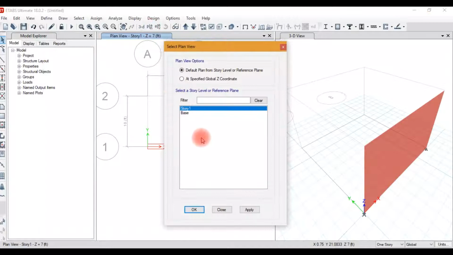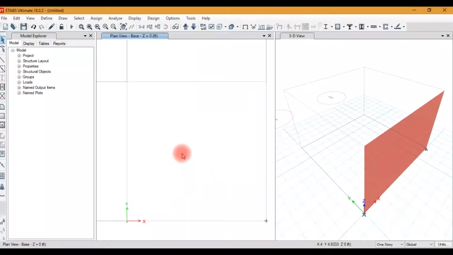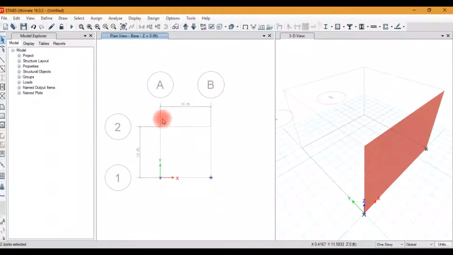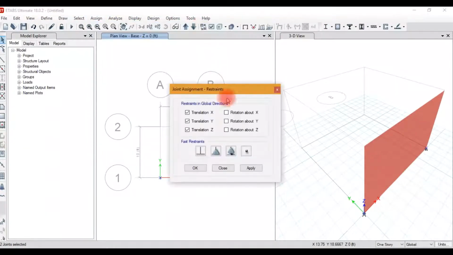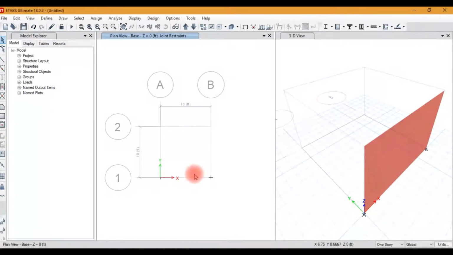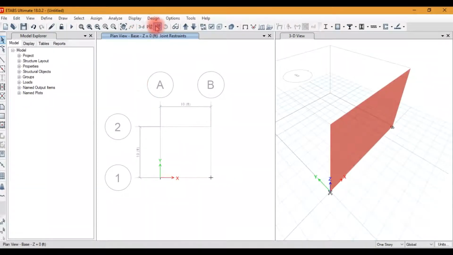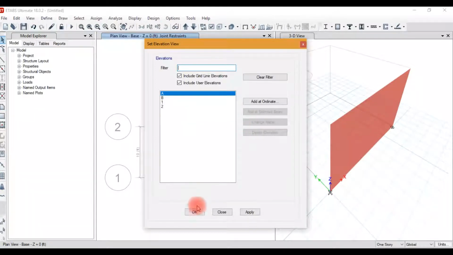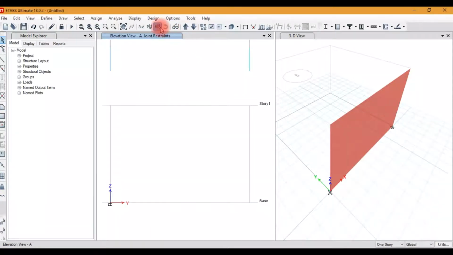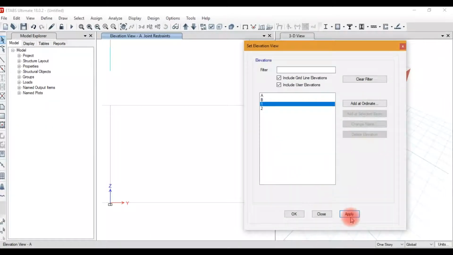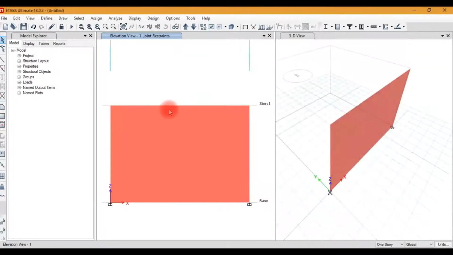So we use add a base, select both points, assign joint restraint, we choose the fixed, or you can manually choose. The support condition has been updated. Next is the elevation. We change the elevation view. Close.